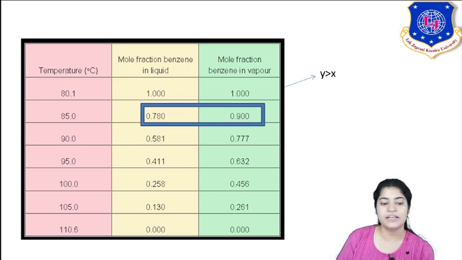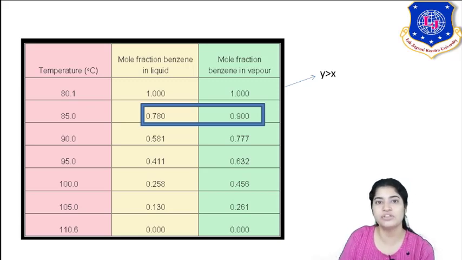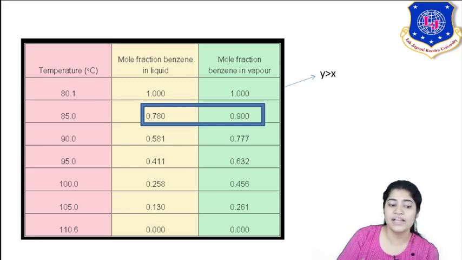Similarly, at that temperature no more separation can take place. Okay, that is the limitation. If my benzene in liquid is 0.78, then the corresponding vapor is 0.9. So I can say that these are the compositions of my tie lines. If I represent this in a TXY diagram, this would be the composition in the tie line. Now as I'm increasing the temperature, let's move to another